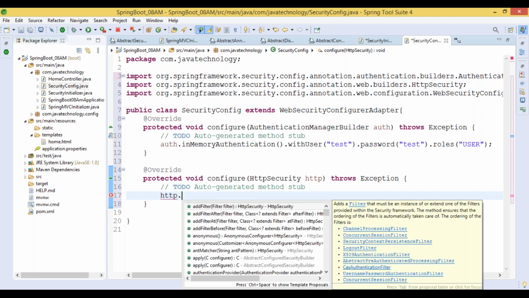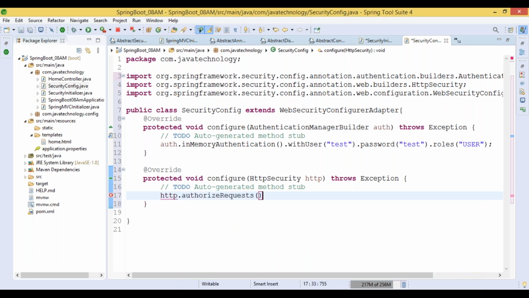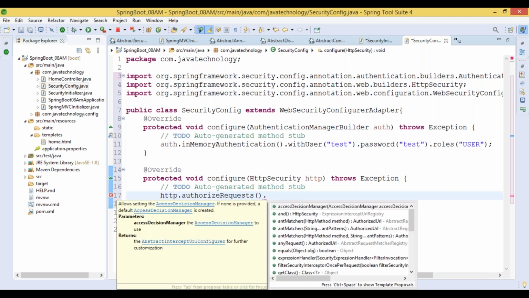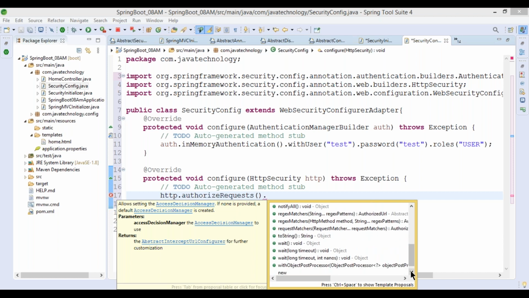Instead of calling the super, HTTP dot, here we need to provide the information that any request is coming, any request trying to communicate with our application, we need to secure it. So that's what we can do here. Authorize requests, after that access decision manager. Initially we will work on it.